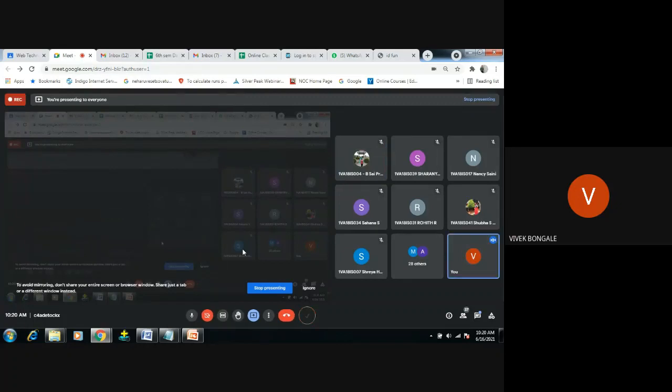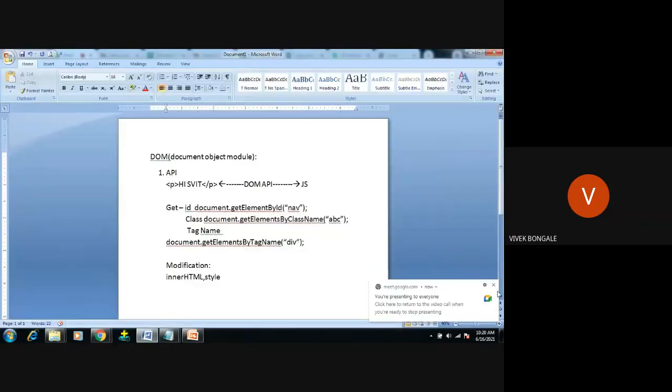Okay, fine. So what we are seeing here is modification, right? So we need these properties. We need to send these properties to JavaScript. Then it will modify, and it will change the HTML. How to do that? For that, we have to write the script, right? We'll see that one.